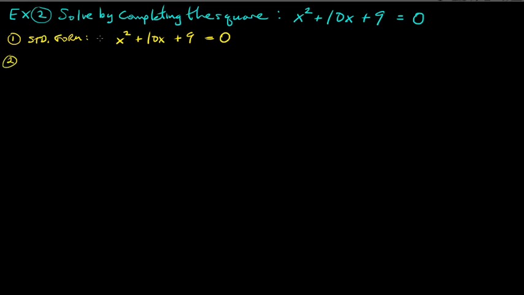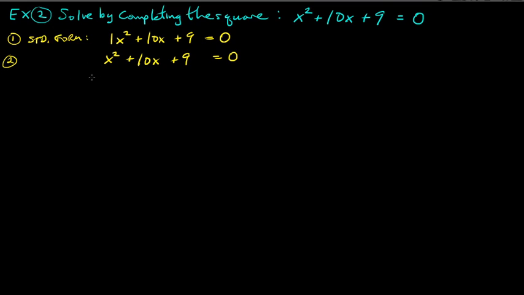Step 2, divide by a. A is 1, so there's really nothing we have to do here either. And in most of the problems we give you, a is already going to be 1. If it's not, it could be a much more complicated problem, and maybe we'll do one of those, but I don't see that coming up in the homework or on a